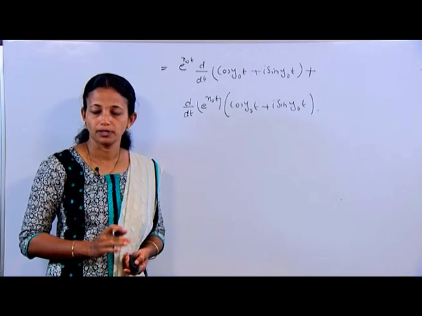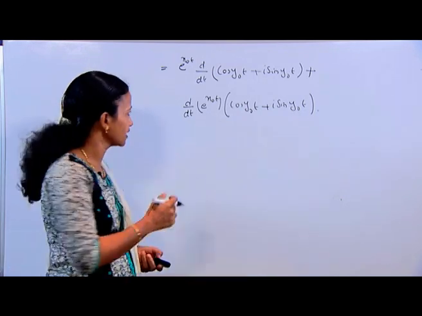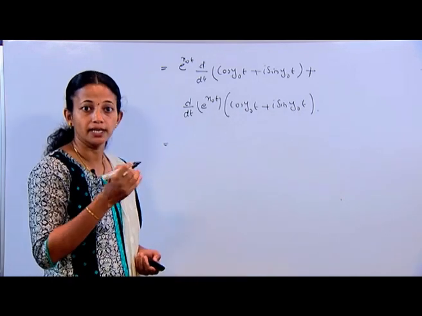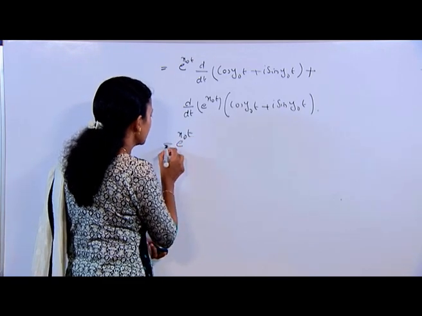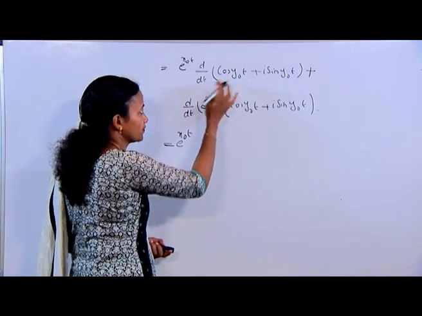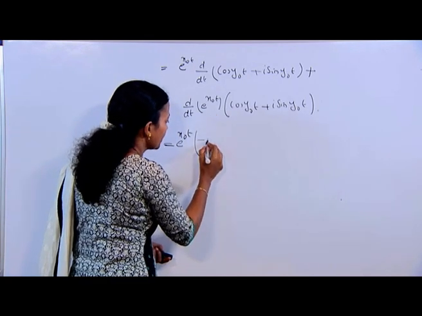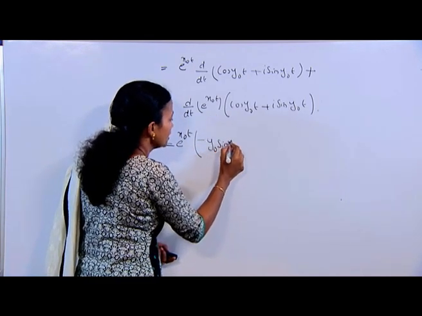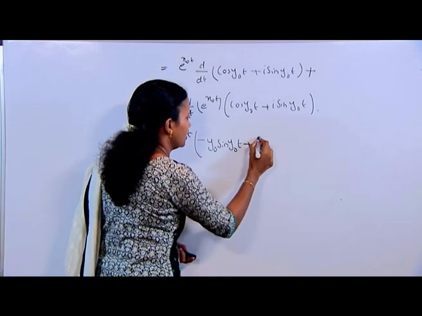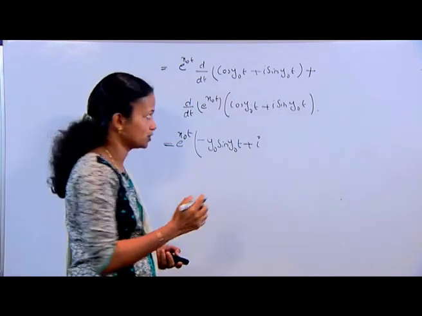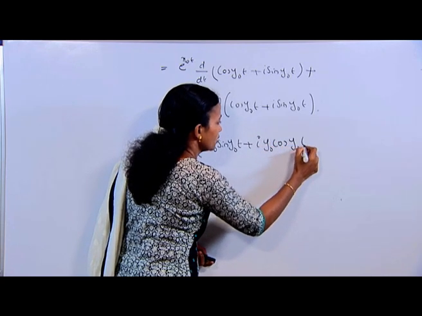Now we have to differentiate term by term, which I can write as e^(x0 t) into minus y0 sin y0 t plus i, derivative of this is i into y0, derivative of sin is cos y0 t,